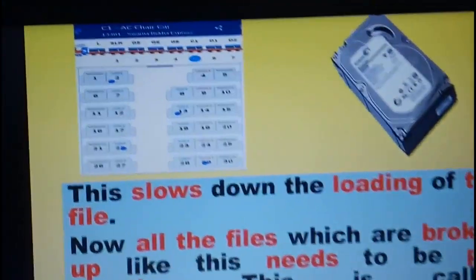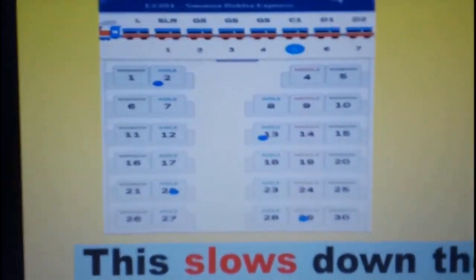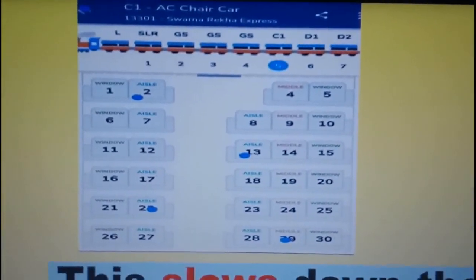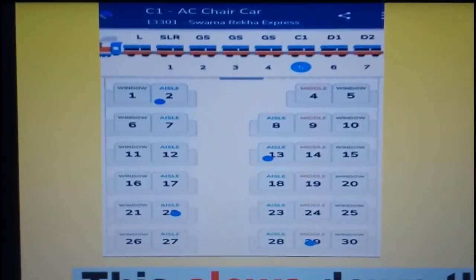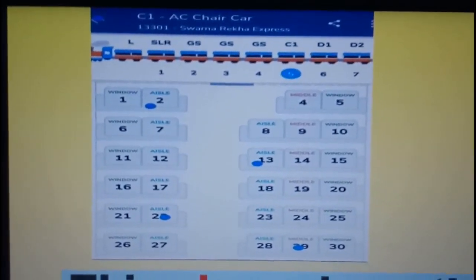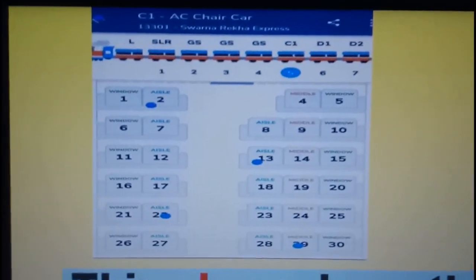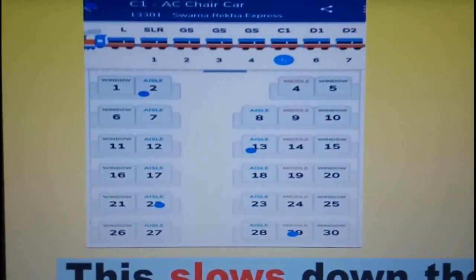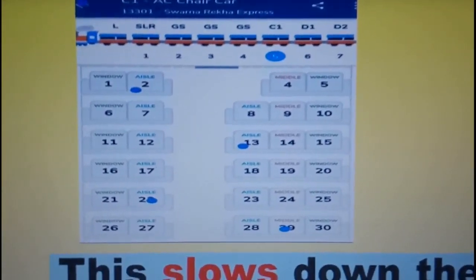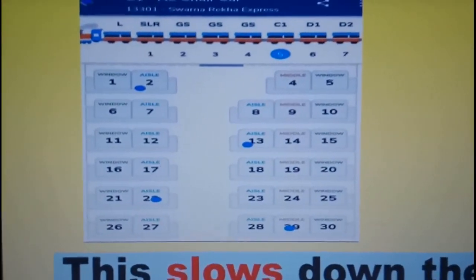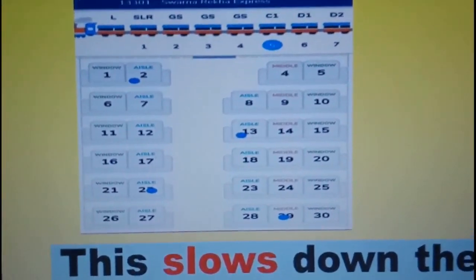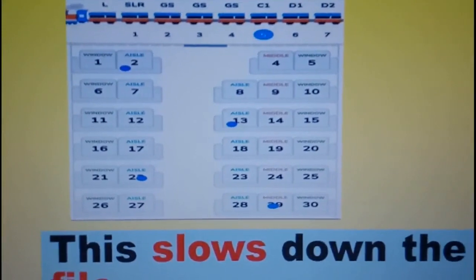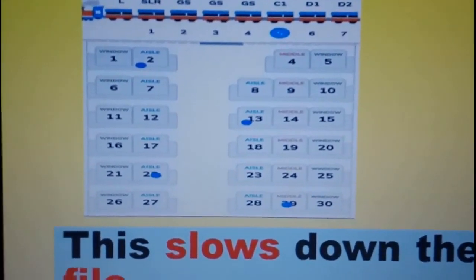Now, what would you do, or what would your parents do when you have to travel like this? Your father will probably get up and request his fellow passengers to interchange seats. Now this would happen only if other families are also broken up. They also wouldn't want to travel sitting separate. So all the families will come together and interchange seats so that they can be together. The same thing happens with the hard disk.